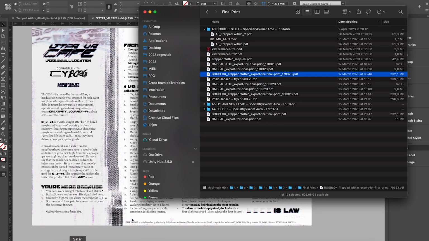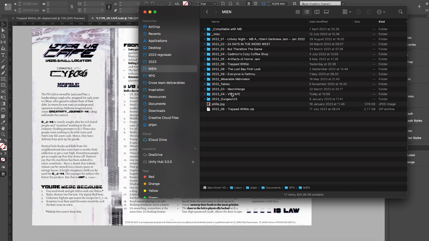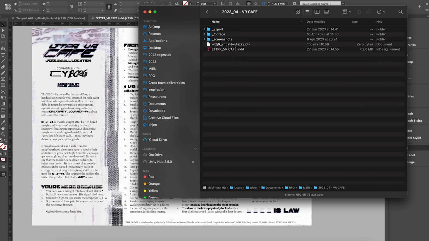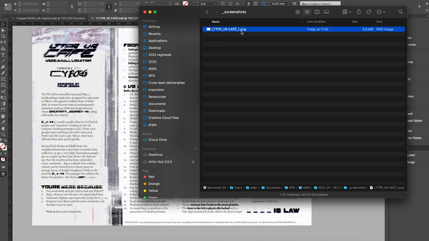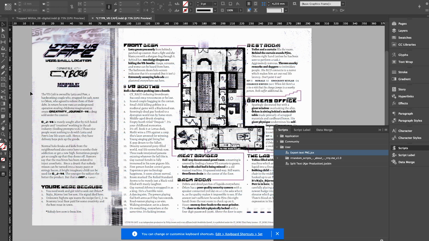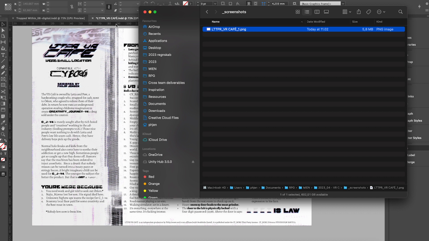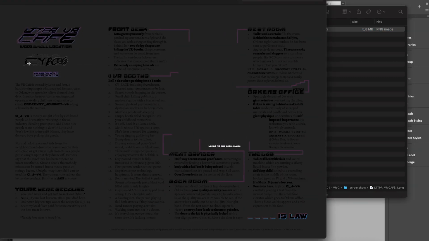And what that does is if I go to the folder where my InDesign project is, so here I go, VR Cafe. I now have a folder called screenshots. If I open this, it'll have made a screenshot in PNG, 300 dpi in the full resolution without bleed. And it'll call it the name of the InDesign file, _1, because it's page 1. If I double click this, you will see that it has exported it as a PNG, transparent,